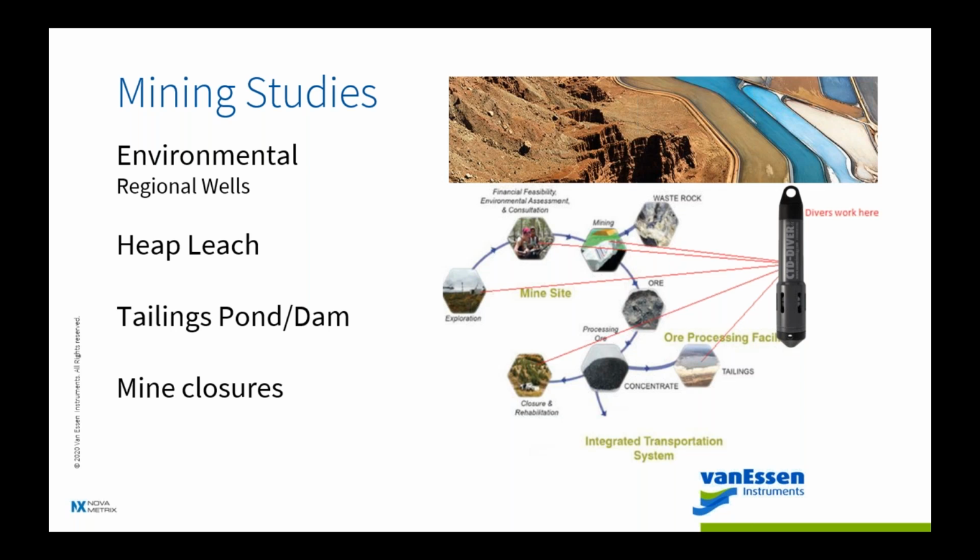They've been doing this in some of the older mines as a modern solution for extracting more ore in a cost-effective manner. And of course, tailings ponds, making sure that as they're making these more base, they're not in fact infiltrating the aquifer with any pollutants. Monitoring these with wells that are put around the borders. Mine closures, another important thing for more modern mines. As we see things close, there's more policies in place than there ever have been, just making sure that over the years these aren't contaminating